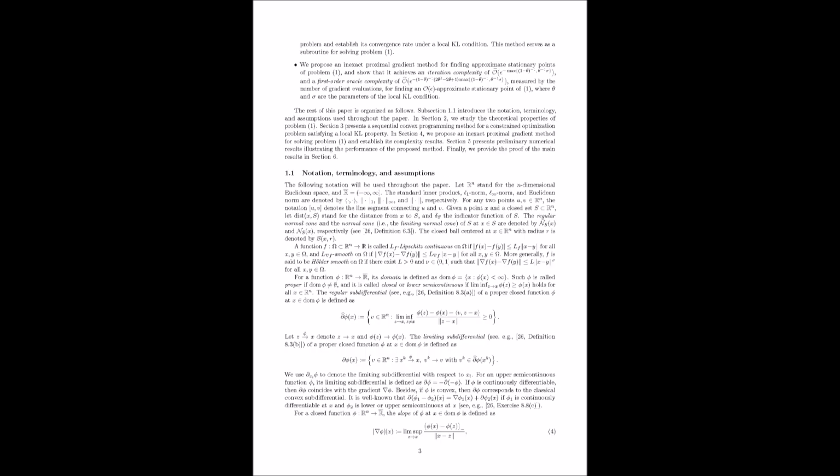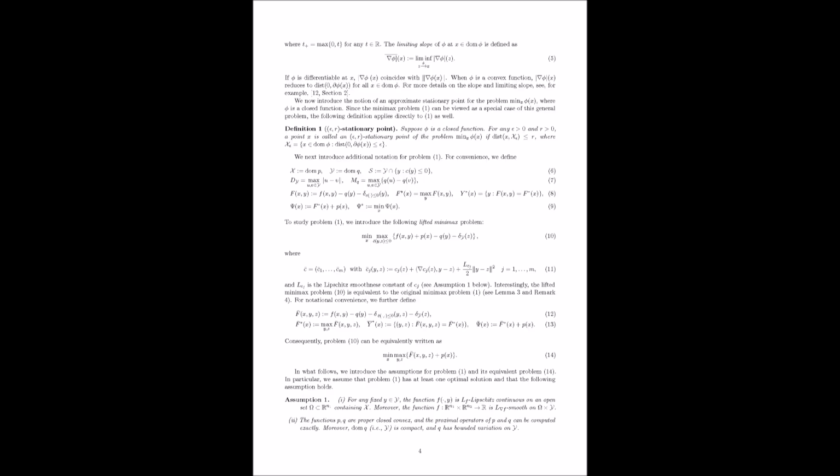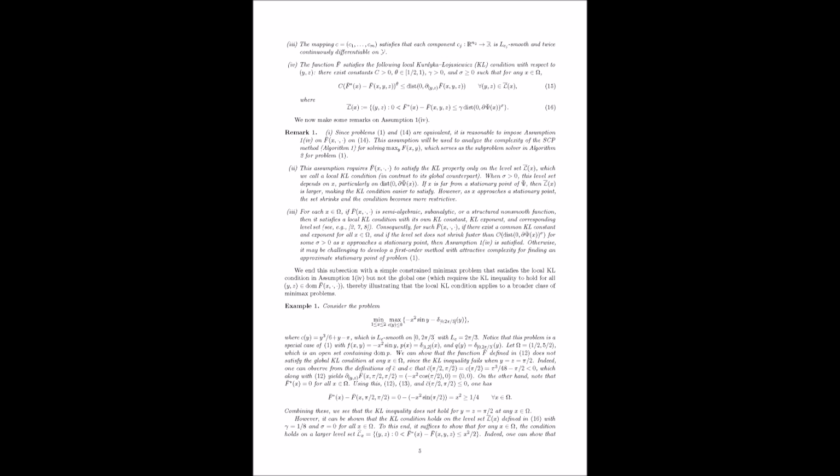Why inexact? Because solving the inner maximization exactly at every step of the outer algorithm would be computationally prohibitive. The IPG method only needs an approximate solution from the inner SCP solver. So it's a nested structure. IPG calls SCP as a subroutine. Precisely. It's a complex architecture, but it's necessary to handle the fact that such max functions are non-smooth and expensive to evaluate exactly. And finally, the fourth contribution. The quantitative results. Right. The payoff. They establish explicit closed-form complexity guarantees. Both iteration complexity, how many outer steps does IPG take, and first-order oracle complexity, how many gradient computations in total.